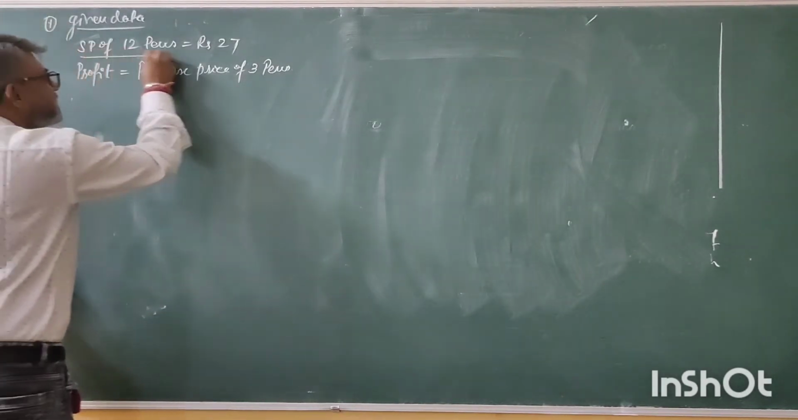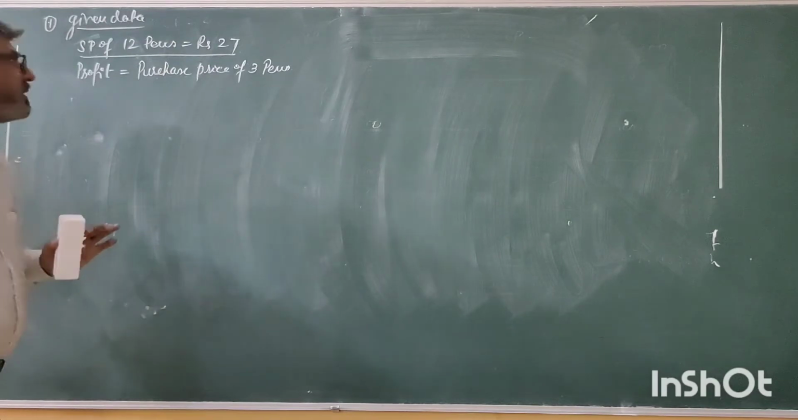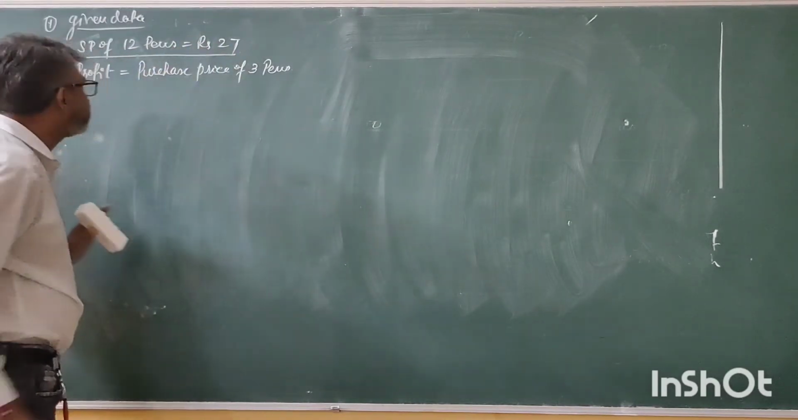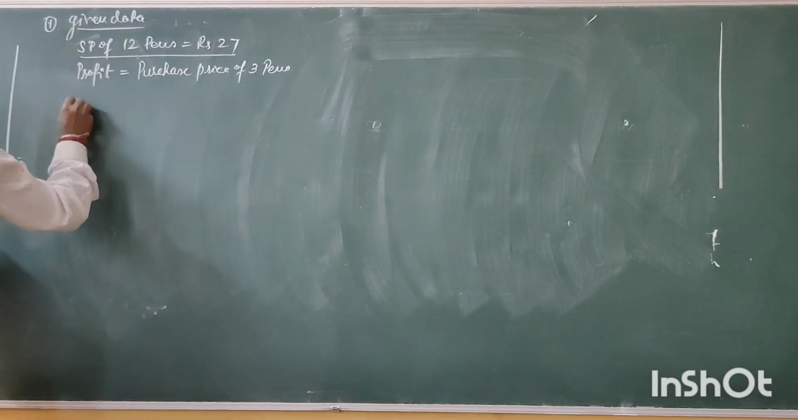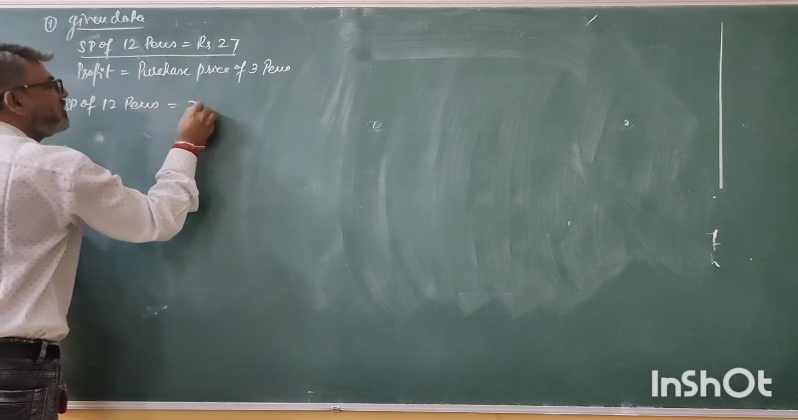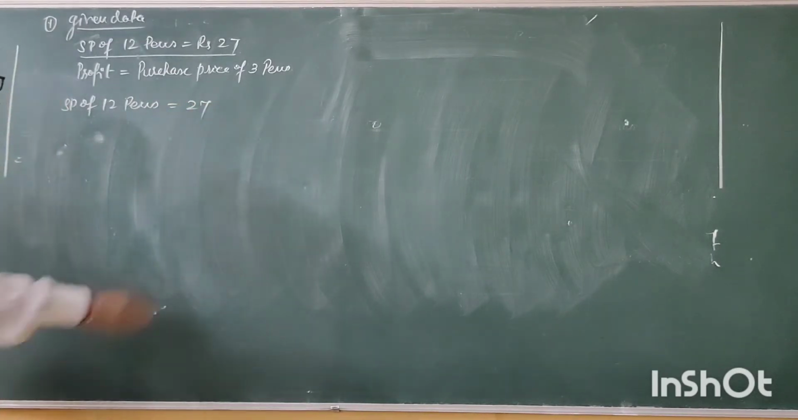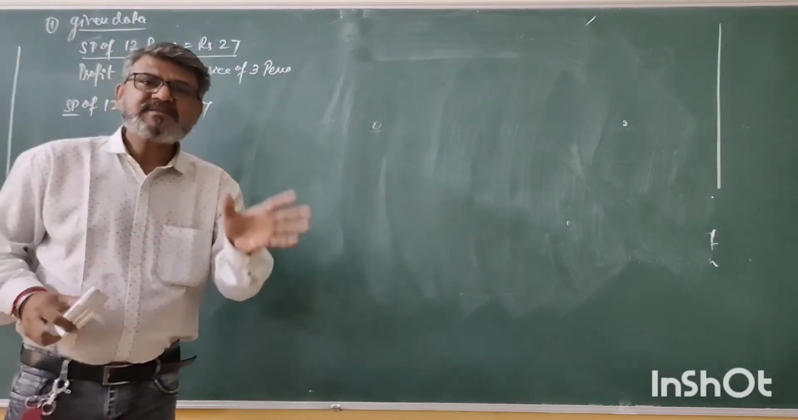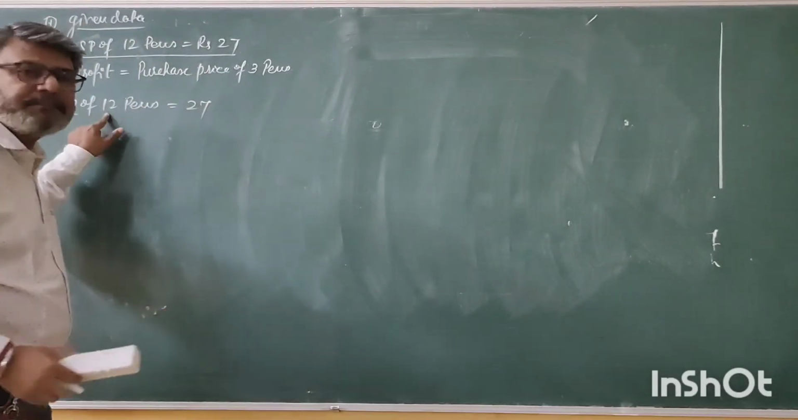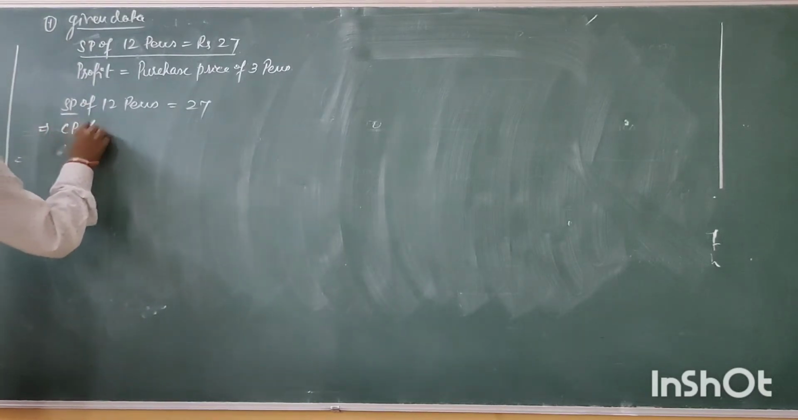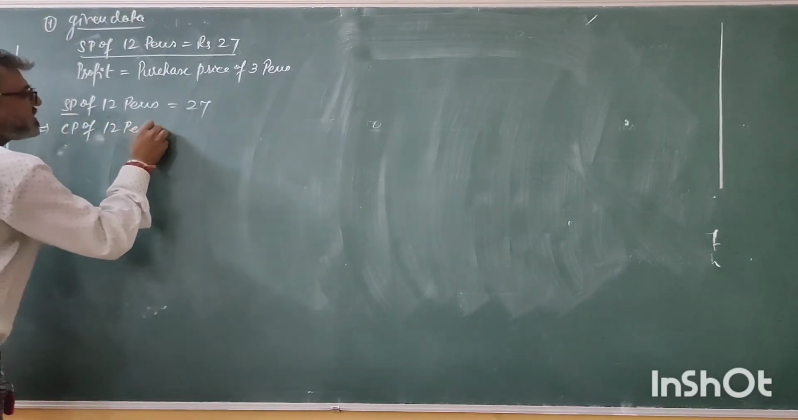What do you mean by this? Selling price of 12 pens is equal to 27. Clear? That means selling price of 12 pens is equal to 27. What do you mean by selling price? Cost price plus profit of 12 pens. Understand? Therefore, CP of 12 pens plus